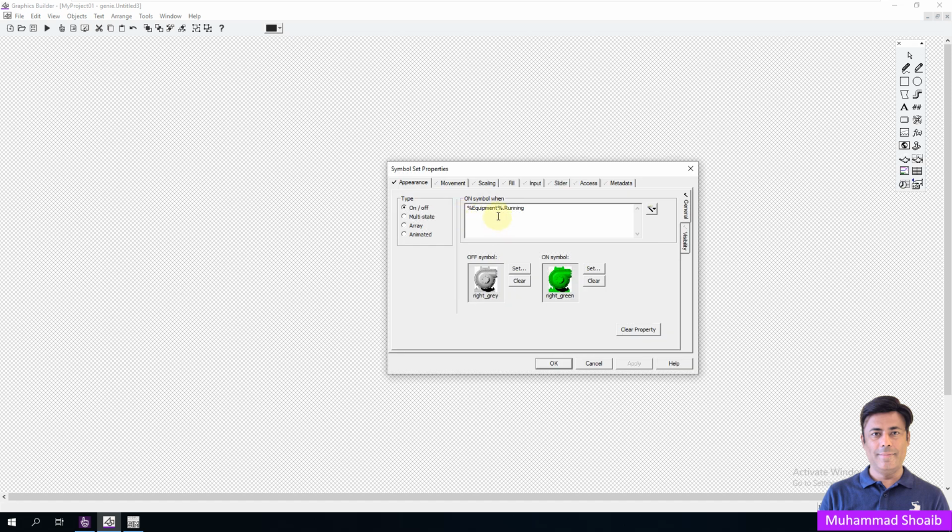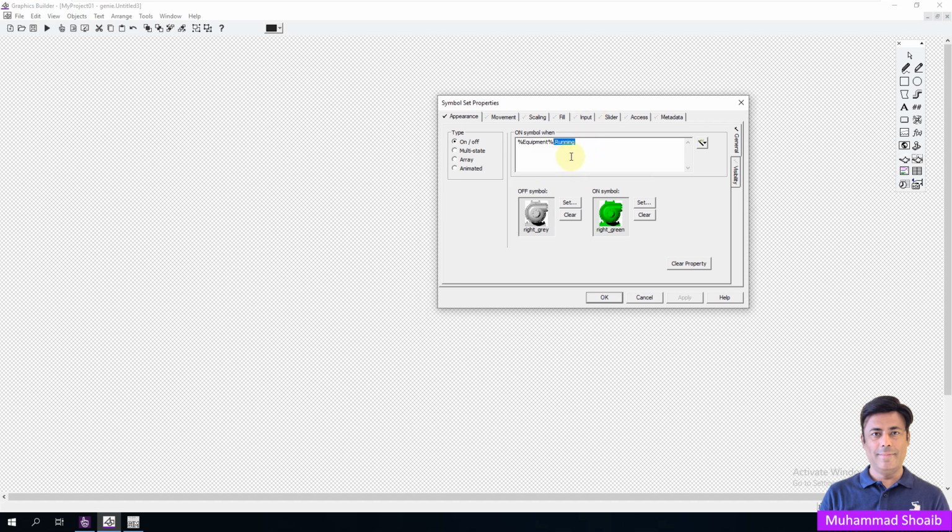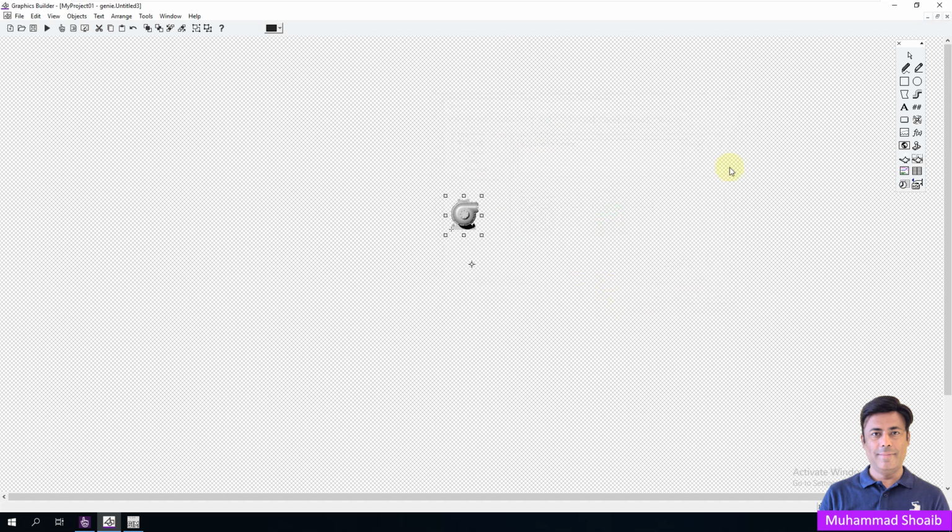Now I will put my tag name here only once, and it will act as a prefix tag. I will add it, and for the rest I no need to configure lots of tags as in the previous tutorial. So let's see it practically. Okay, apply, okay, and now I will add for the auto and manual